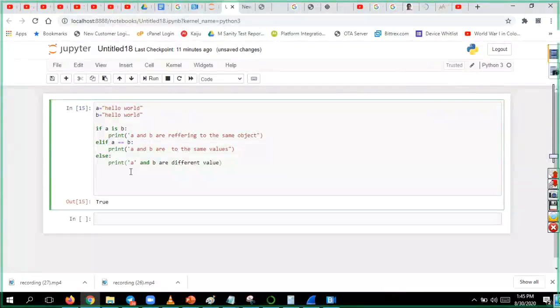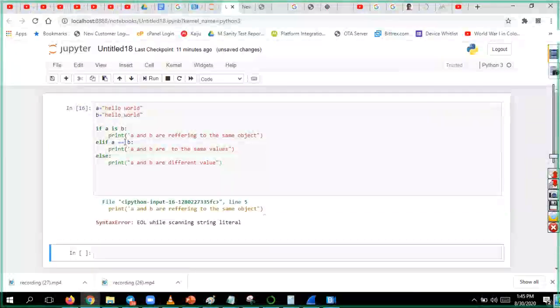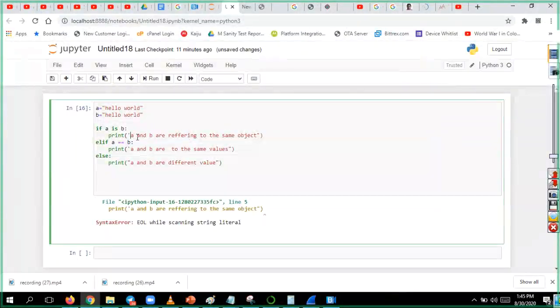Okay, let me remove this. Instead, first let me check whether it will work or not. End of line scanning string literal. What is the problem? Okay, here it is. Let me put it. Okay, this one is okay.